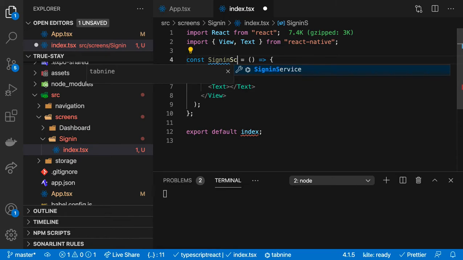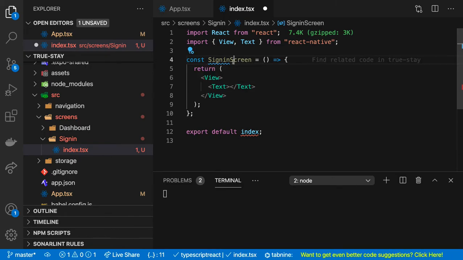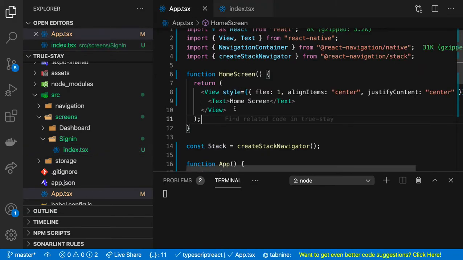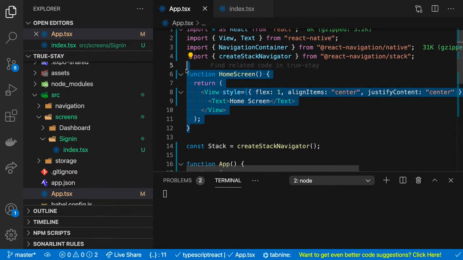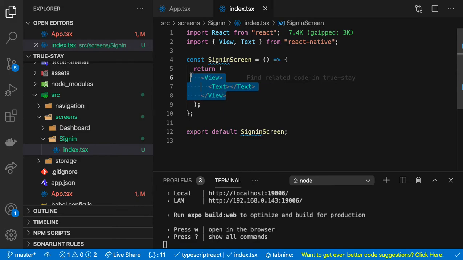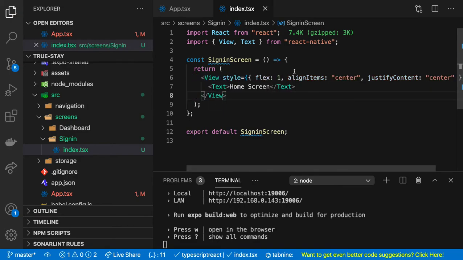I can write a sign in screen. Great, so right now I'm gonna copy my home code, remove this from here, and paste it here. Great, so I have the home screen here, and I'll write here sign in,